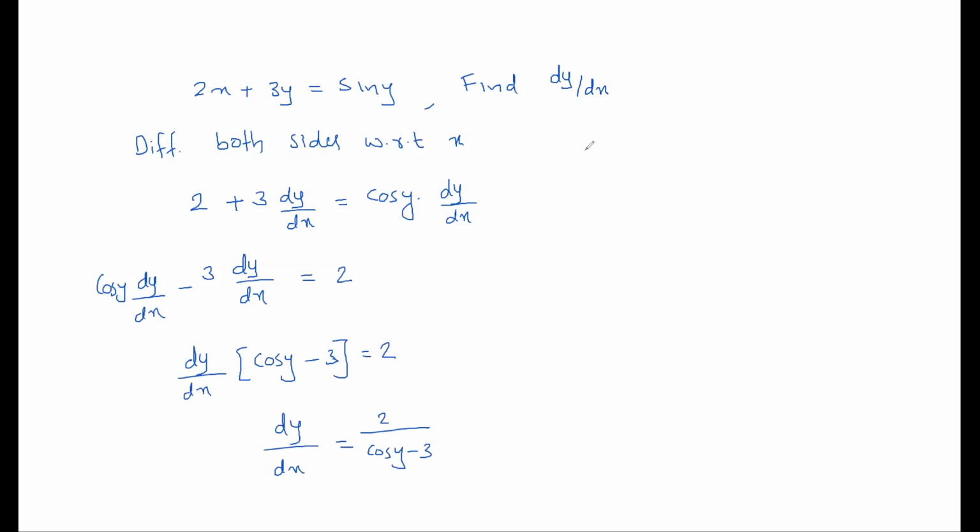Understood? Another question. Sin square x plus cos square y is equal to 1. Find dy by dx. So implicit differentiation use करना, differentiate both sides